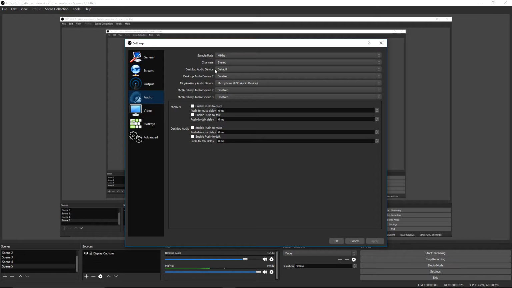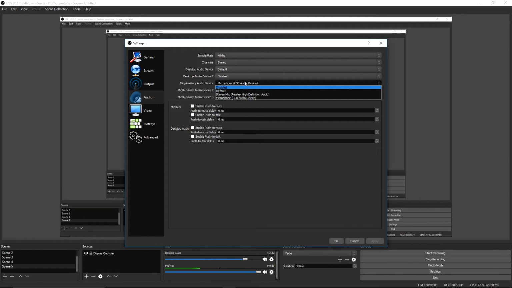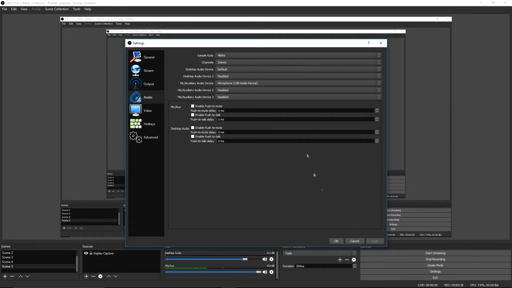Channels I set to stereo. Desktop audio device is default. Desktop audio device 2 is disabled, and then I have my USB audio device for the microphone, and that is that done. So once you've changed all your settings there, click apply, and then we can head over to